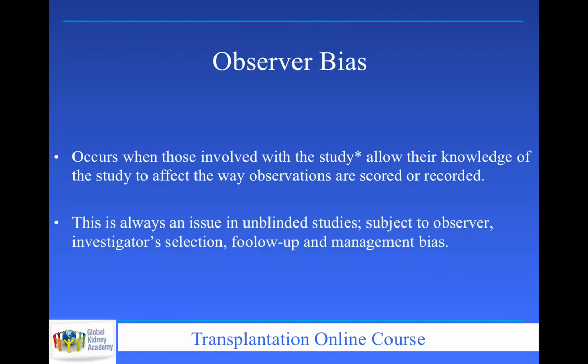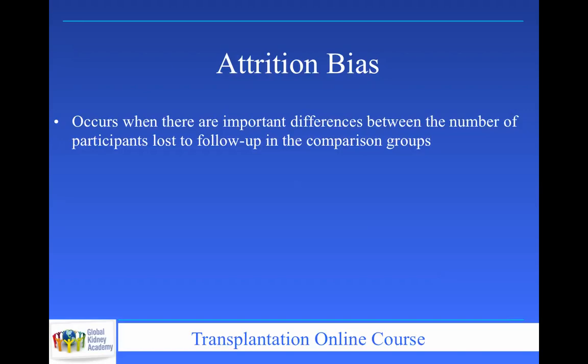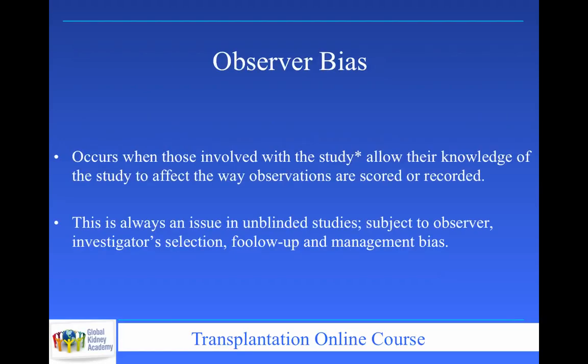What is equally important is the observer bias. That's why most randomized controlled trials should be double-blinded. What do we mean by double-blinded? We mean that the patient doesn't know what he's taking, whether it's the placebo or the intervention drug, but also the investigator, the physician who is monitoring the study, who is evaluating its outcome, doesn't know who is taking what. Why? Because if the investigator knows that this patient is taking the active drug and this patient is taking the placebo drug, it may indirectly affect his behavior